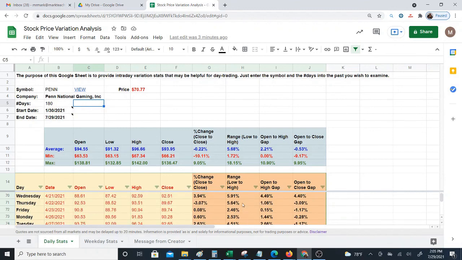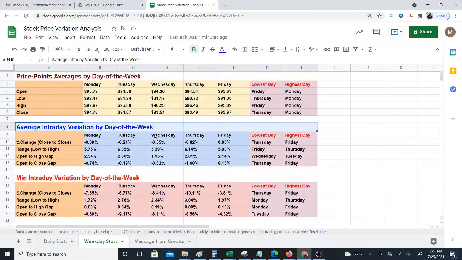That's not a normal occurrence. So keep in mind that there might be some offshoots, and sometimes these offshoots that occur cause a certain day of the week to be larger or smaller than the rest. So in other words,